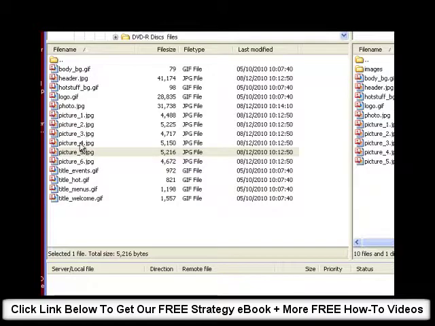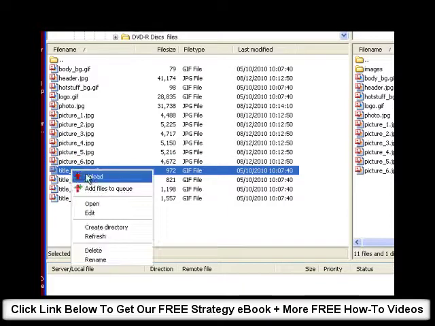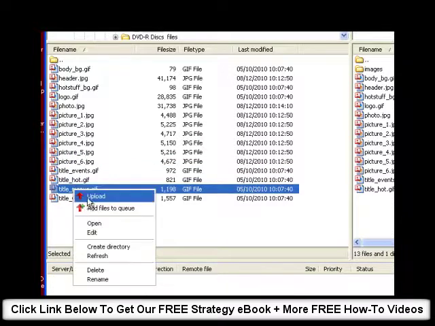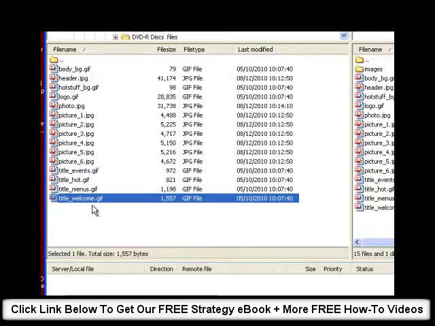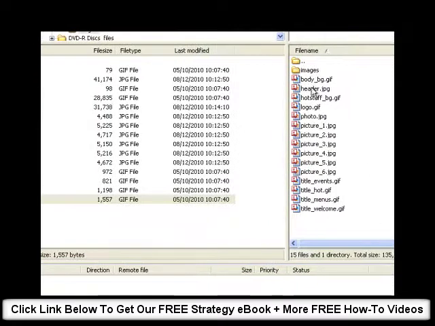So I've just gone through the process of uploading all of these files here. It took me about 10 seconds to do it. I just thought it'd be useful if I just show you. All you need to do is right-click, upload, right-click, upload, right-click, upload. I mean, it really is as simple and quick as that. Upload, right-click, upload. Right, so you've now got all the images. If I just move this over a bit, you can have a look. There we go. You've now got all the images you need for that particular website template right here on your